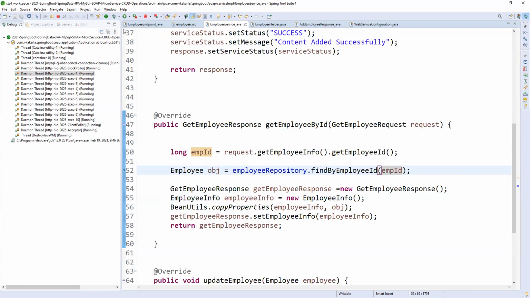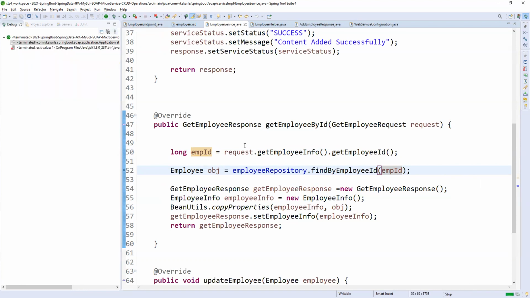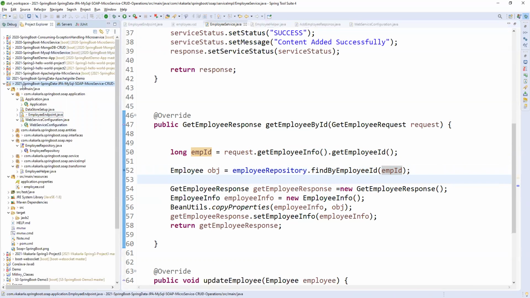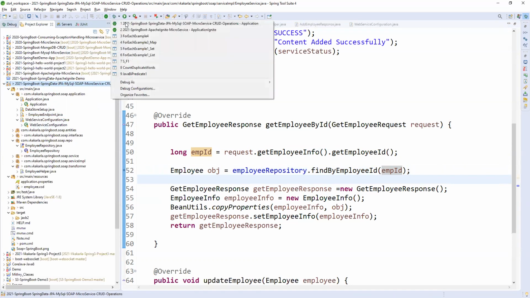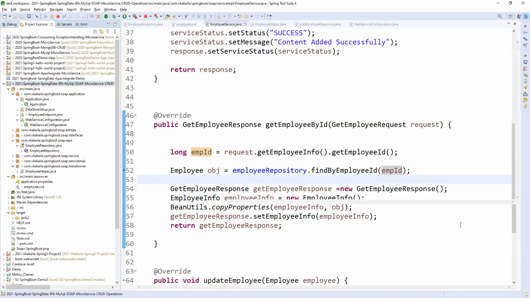Now we are passing, so now we should get it. Let me rerun again. I'm rerunning this project again.